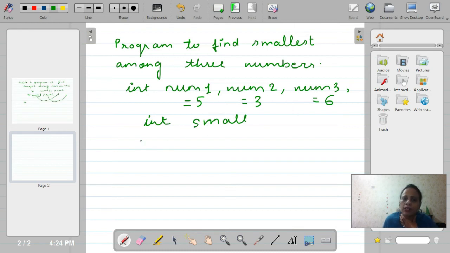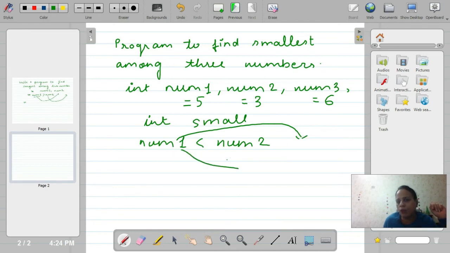For example, you check if num1 is less than num2. If it is true, then you check that num1 is less than num3 also. First you check num1 against num2 and num3. If it is less than num2 and less than num3, then num1 will be the smallest.